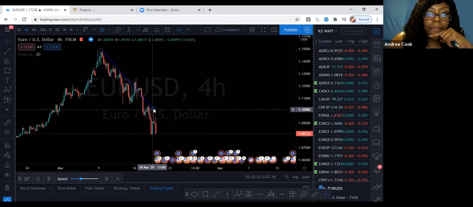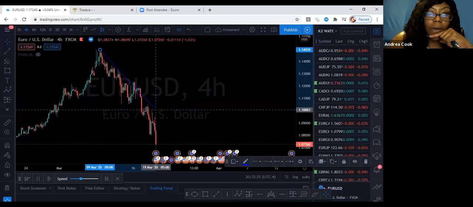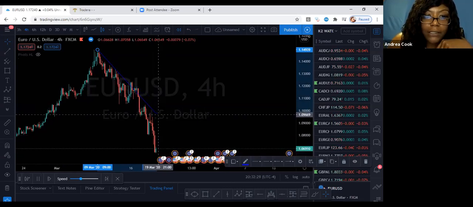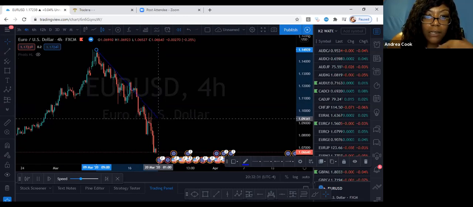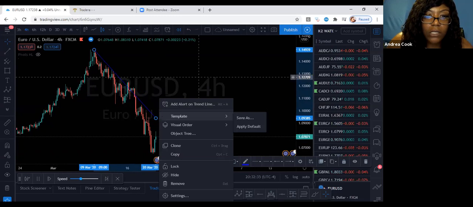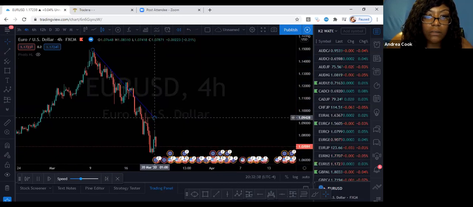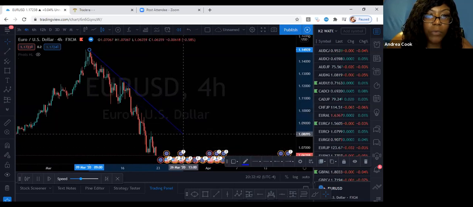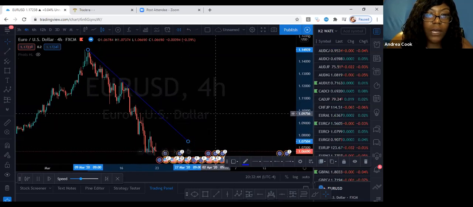But now that I got this trend line, I would keep adjusting it. Remember, we was talking about the outermost trend line? So now that we see this section has crossed it, I would need to adjust it, right? So when I adjust it and catch the outermost boundary,